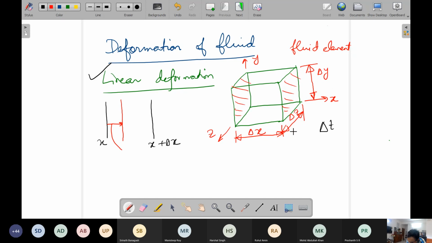Remember that at this left face, we are having the velocity components as u, v, w. This is everything we are doing by using Eulerian description. So at a given location, we have the velocity components u, v, w. That means at this location x, say we have the x component of velocity u. So over a small time delta t, and that is the reason for taking a small time, u has not changed due to time. So it is simply u into delta t.